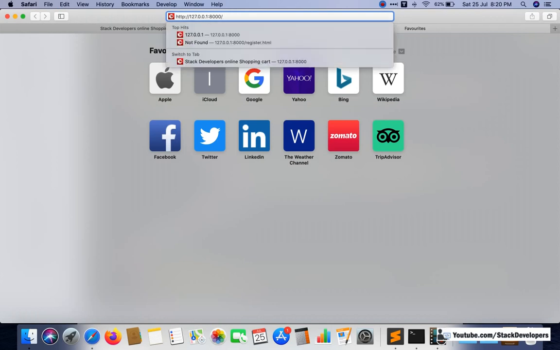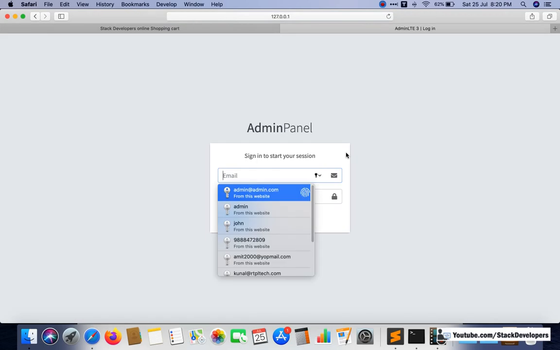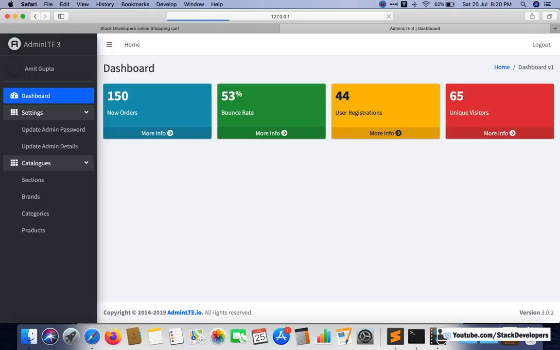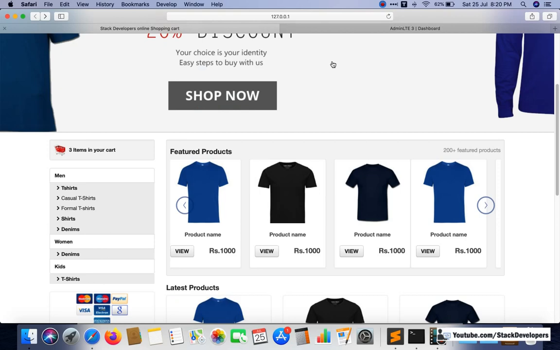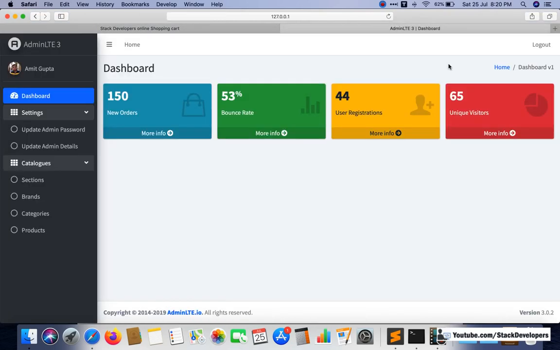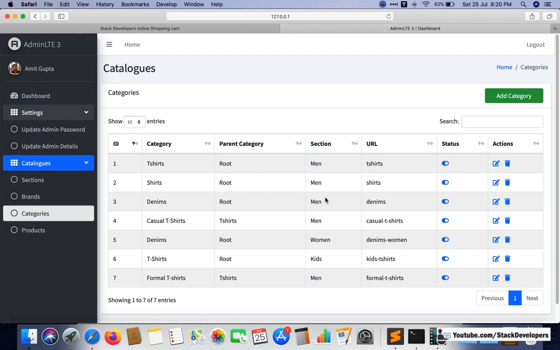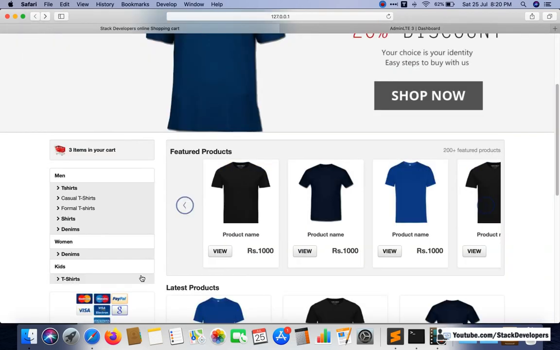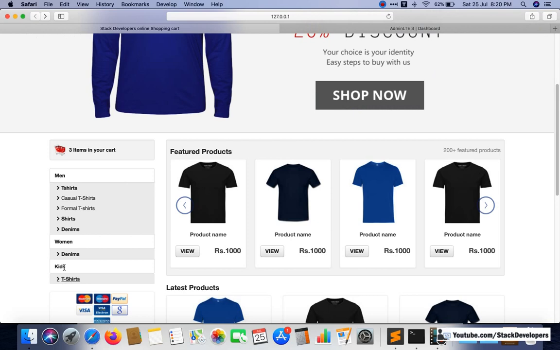Let's see, I'm going to check admin at the top, admin. Okay, so come up here now. We can try, and okay, so categories. And now see here, what I am going to do, I am going to disable one of the categories.